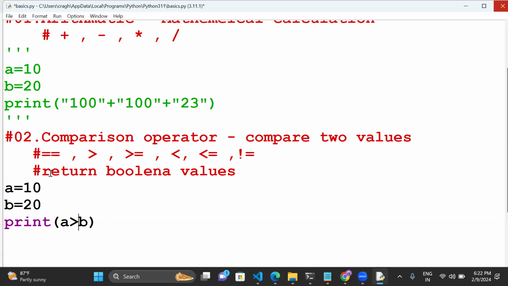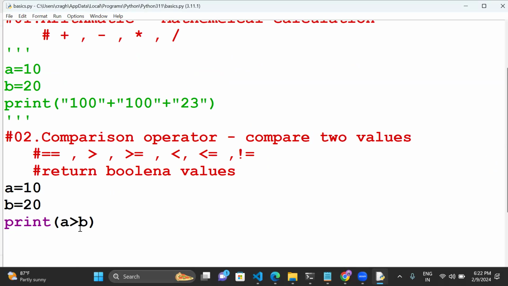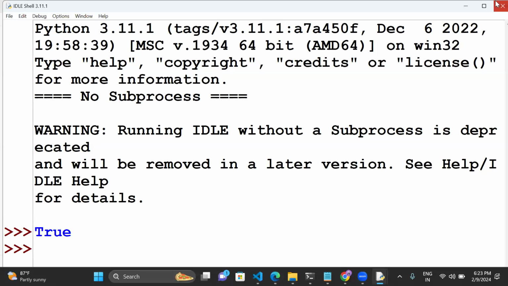Suppose A greater than B. A value is greater than B, I mean 10 is greater than 20. True or false? It's false because the A value is lesser than B. So A greater than or equal to B, true or false? Even now it's false only. So A less than B is true, of course, because the A value is less than B. It's true. Less than or equal to B means